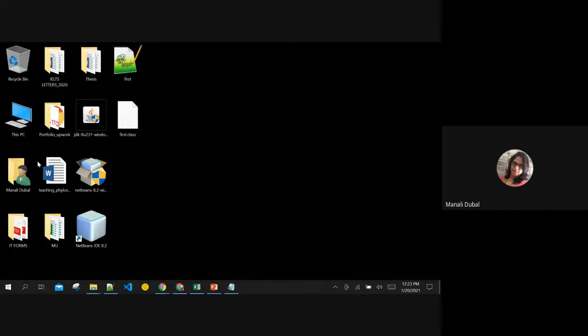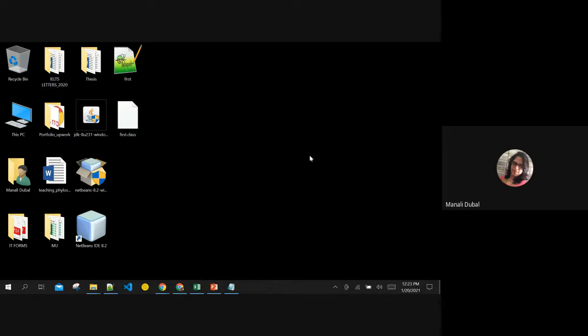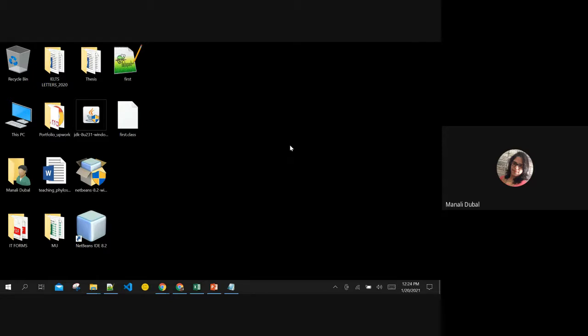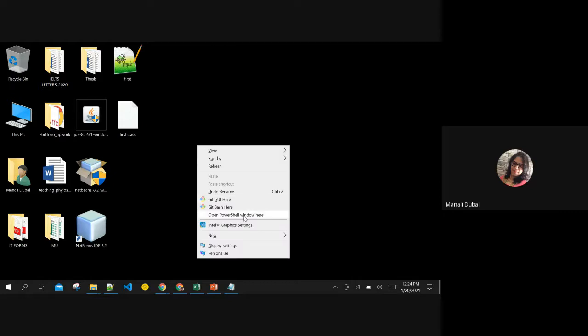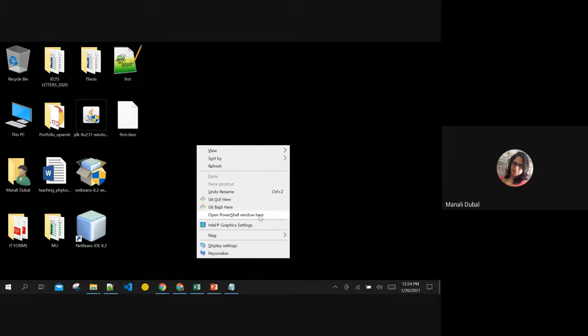See, if you save it on desktop, try to save it on desktop as it is your first run. Shift key on your keyboard. Shift and right click. Open PowerShell window. All right. If you do simple right click, it will not show open PowerShell window or open command prompt window over here. Just shift right click. Open PowerShell. Some of you will get open command prompt window here. Both are okay. PowerShell is command prompt. No need to worry. All right.